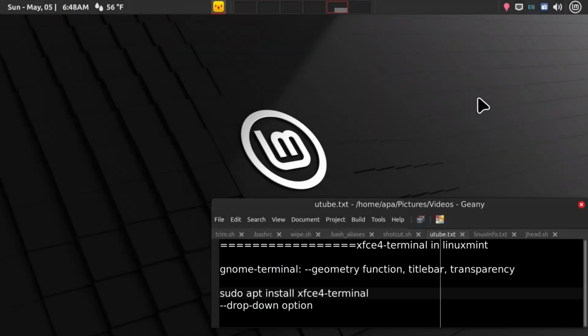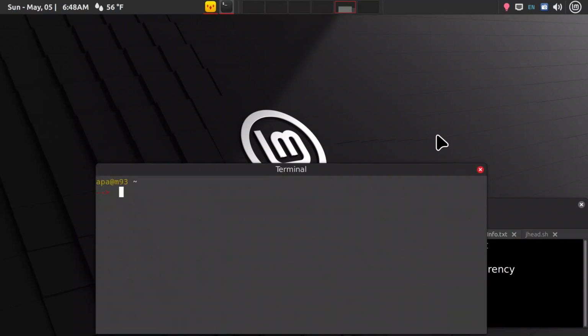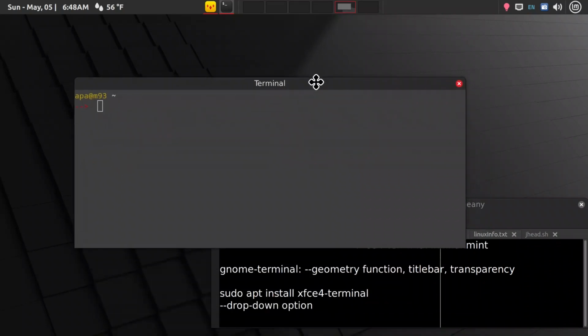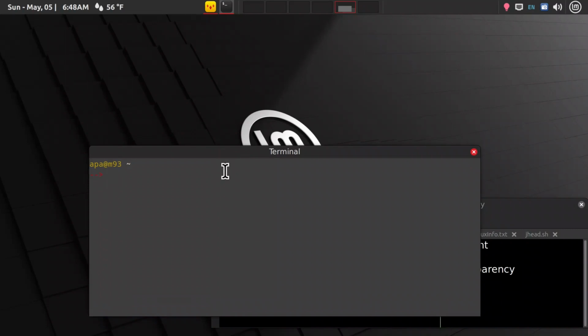Today I'll be talking about setting up a xfce4 terminal in Linux Mint. This is a Cinnamon Edition LMDE edition. So obviously, let me just show you the default terminal, which is a GNOME terminal that comes with Linux Mint. But with the default, usually it comes up about here, and I've modified it with a geometry